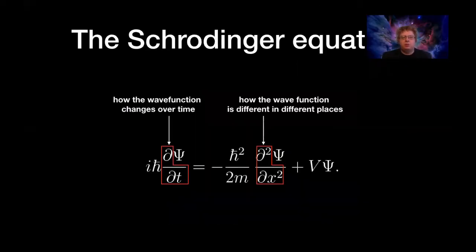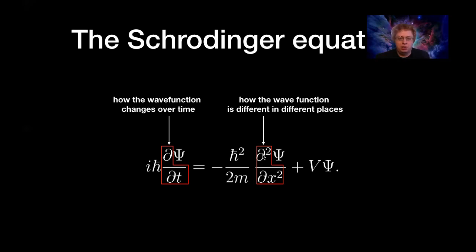Okay, now that we've watched this video, I want to go back to the Schrödinger equation, and I want to take a closer look at it. So in particular, I want to look at these two series of operators that are acting on this wave function here. So this symbol here describes how the wave function changes over time. Is the wave function moving in a different direction over time? Is it getting bigger? Is it getting smaller at any given location? And this symbol here